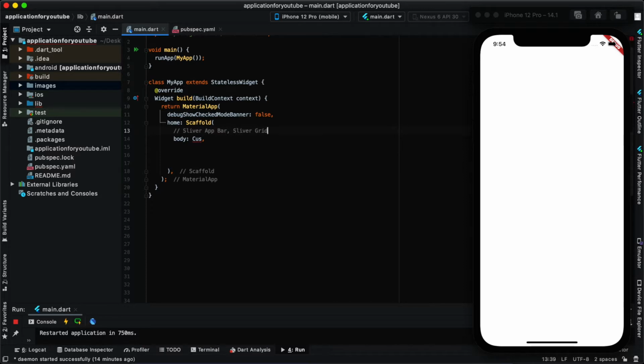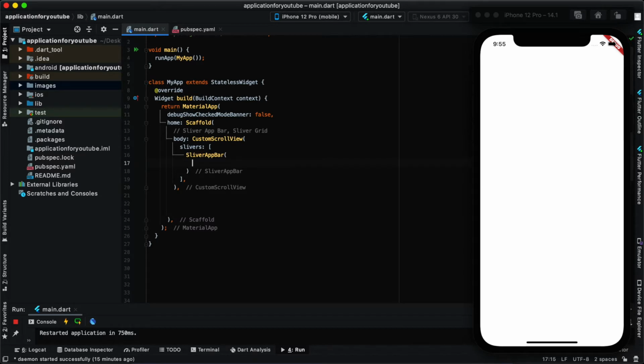So we'll be using these two things inside the custom scroll view. This is my custom scroll view, and in this we have slivers, which hold certain widgets, such as the sliver app bar. We'll start with the sliver app bar first.